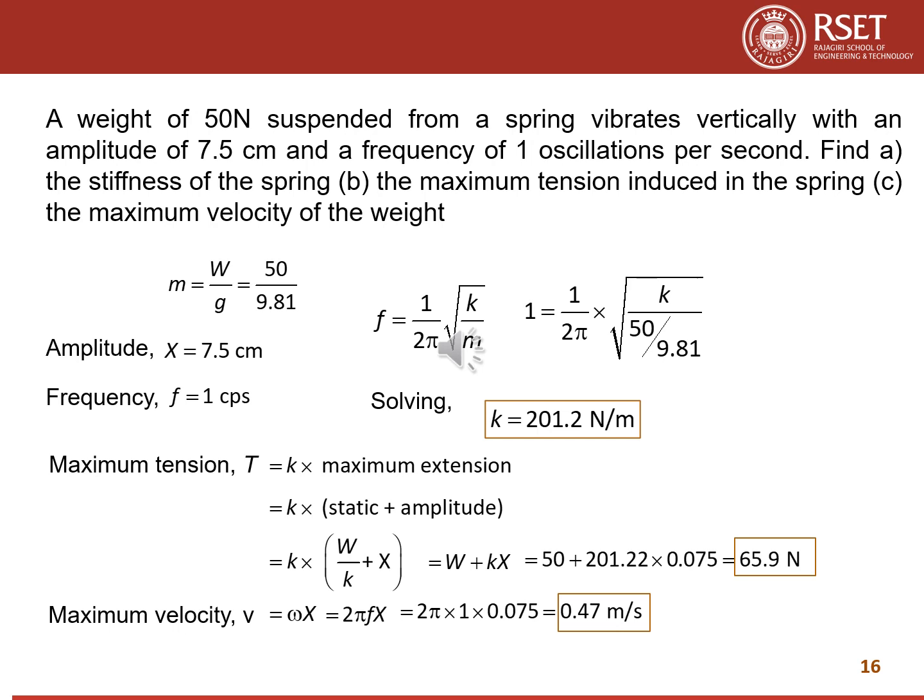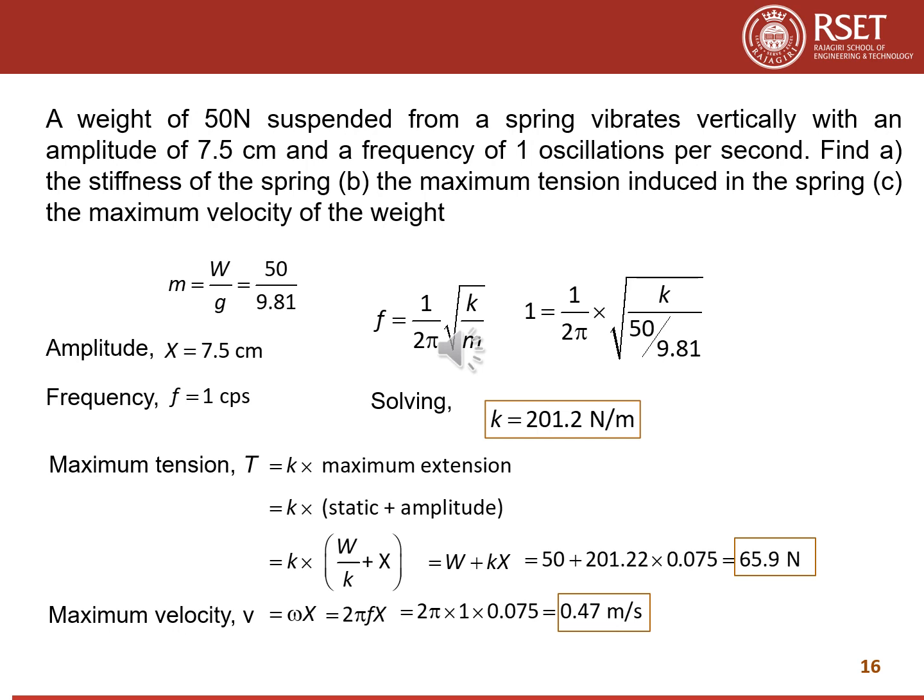Now the second part is to find the maximum tension induced in the spring. So maximum tension is basically equal to the spring stiffness times the maximum extension. The maximum extension will be equal to the static deflection plus the amplitude. Static deflection can be given as, we know that K delta is equal to mg, that is, delta is equal to mg by K. mg is actually W. So static deflection is W by K, plus the amplitude, which is X. So we can get maximum tension as W plus Kx. From that we can find the tension as